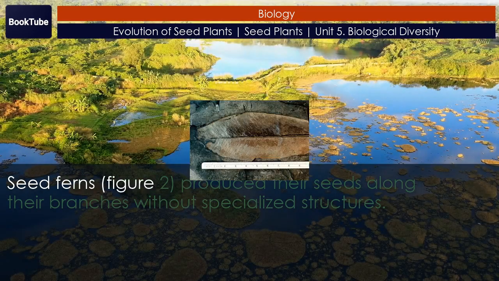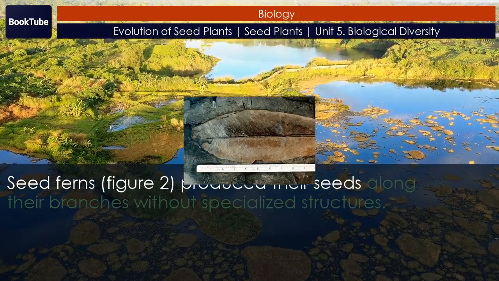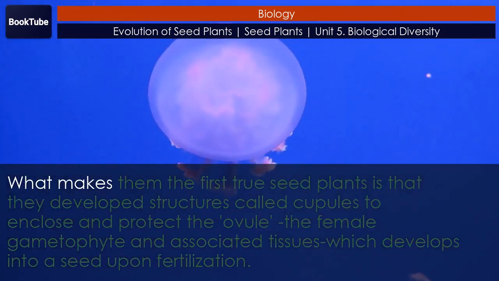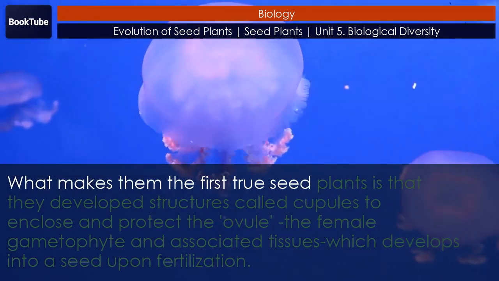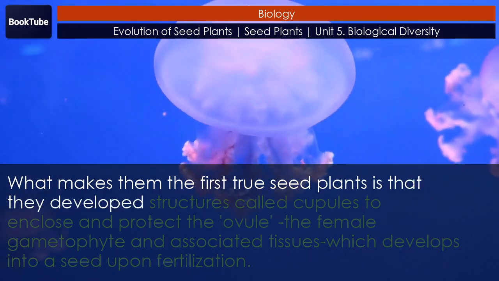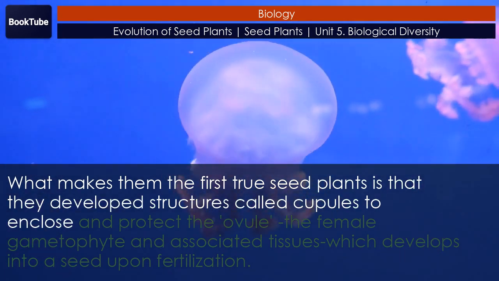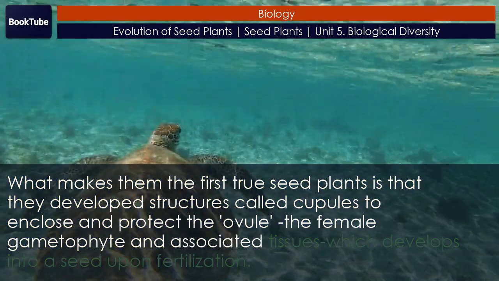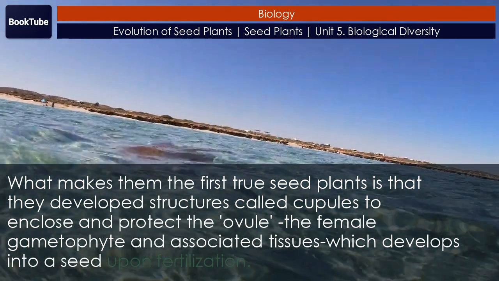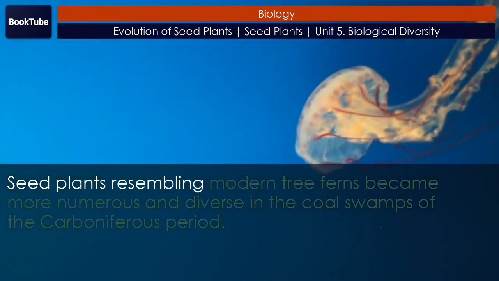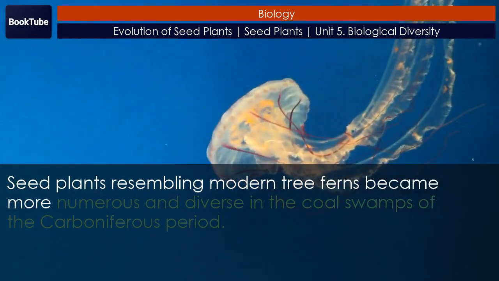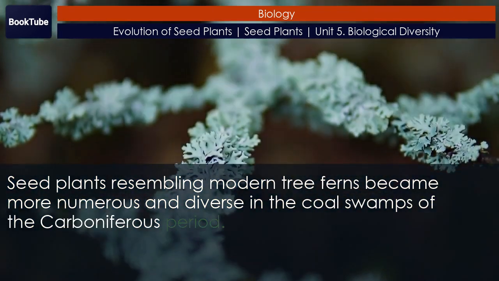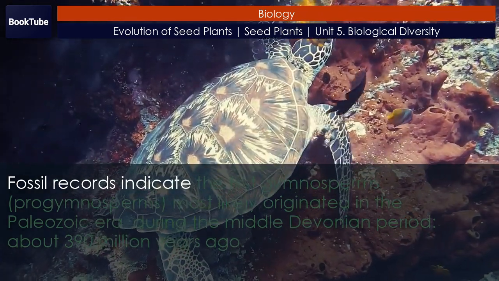Seed ferns, figure 2, produced their seeds along their branches without specialized structures. What makes them the first true seed plants is that they developed structures called cupules to enclose and protect the ovule, the female gametophyte, and associated tissues, which develops into a seed upon fertilization. Seed plants resembling modern tree ferns became more numerous and diverse in the coal swamps of the Carboniferous period. Fossil records indicate the first gymnosperms,